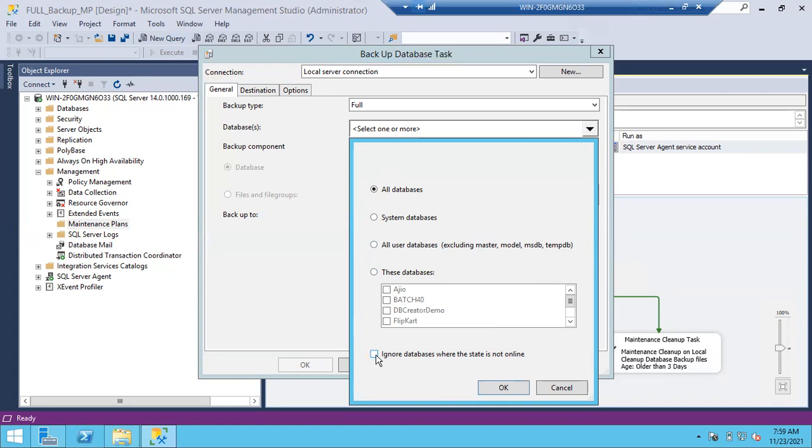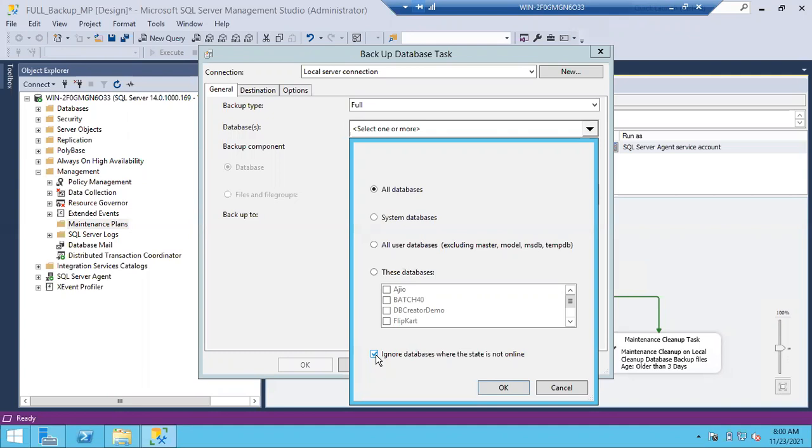You cannot perform any backups on the offline databases, guys. It will fail. Yesterday we discussed it, right? I just kept the database offline and your backup job failed. Why? Because you cannot take backups on offline databases. It's quite common that in 100 databases, 1 or 2 databases will be offline in the organization. If you don't set this option, your backups will be successful, but the maintenance plan output will fail, saying that some of the databases are offline. It will take the backup for the online databases. It will simply fail for the offline databases.